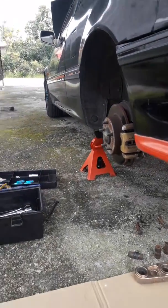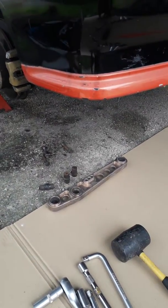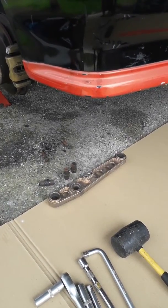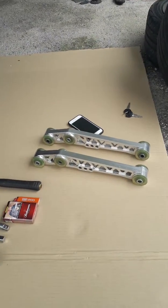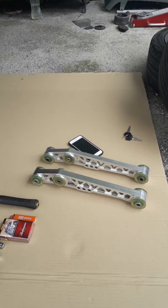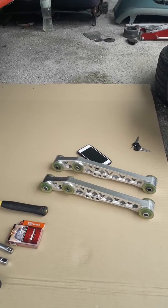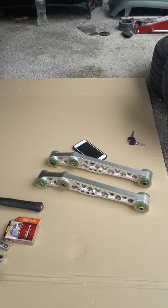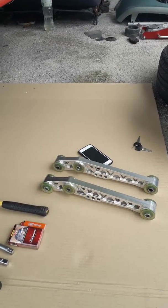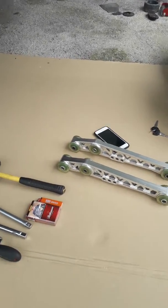Today I'm going to replace my worn out LCA, lower control arm, with a new LCA here, and then I'll show all of you how to replace the lower control arm. What you need to have when replacing a lower control arm is